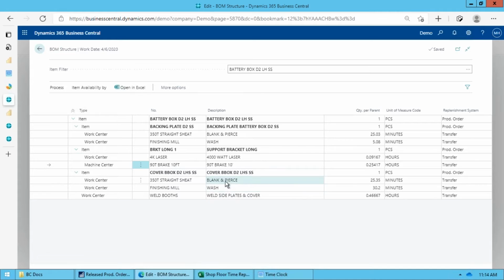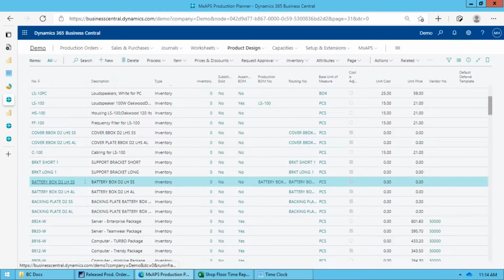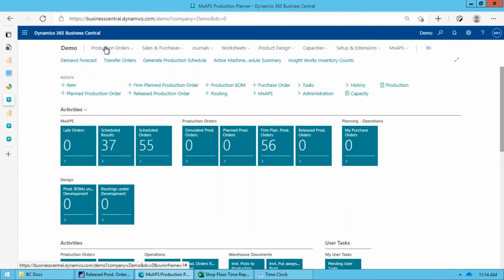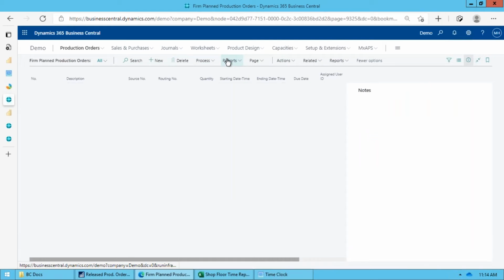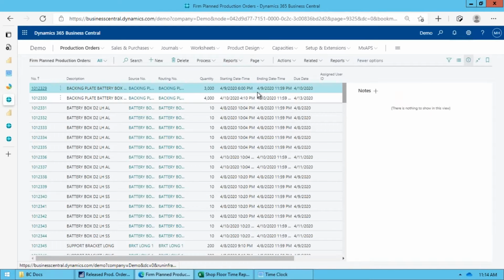And then a whole bunch of other things, right? So all the standard stuff we're scheduling at the welding center, but we've got multiple welders that could work on it, but we schedule everything at the work center level. So that's basically how we've set this up. The demo data is this battery box with a bunch of components and a bunch of operations we need to schedule. Now, what we're scheduling, if we go back and look at the production orders, what we did was we went in and we created a sales forecast. And from that forecast, we generated, registered, and ran the standard planning worksheet, generated the production orders,